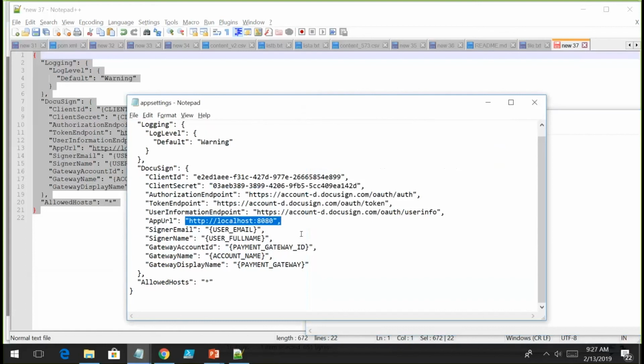Most developers do utilize systems like IIS, which by default do use port 8080. So if you're running anything there, you're going to want to turn that off or you're going to run into some complications. Also, for demo purposes, we're going to need to fill out the signer name and email address, but don't pay too much attention to the payment information. If you're using payments in the future, you are going to need to fill that out, but for demo purposes, we don't need to worry about that.